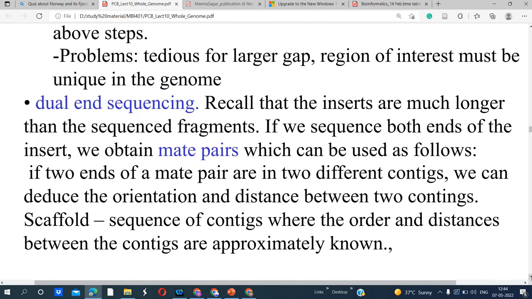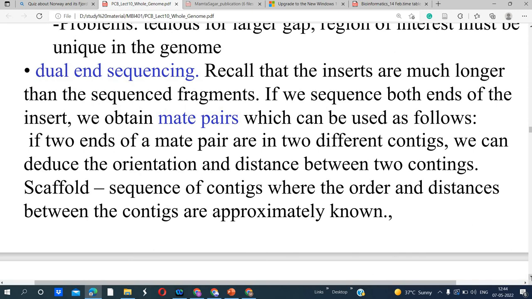Dual end sequencing: recall that the inserts are much longer than the sequence fragments. Sometimes inserts are much longer than the sequence fragment, meaning there may be a difference between what we are trying to sequence and what we are synthesizing. If we sequence both ends of the insert, we obtain mate pairs.